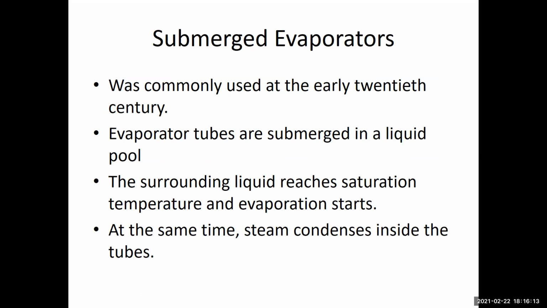When people started the desalination business, they were using submerged evaporators, and then because of the scaling problems, they stopped using it. Normally there's no spraying. You have the seawater in a pool, and you bring hot tubes of hot steam, and you put these tubes inside the pool. You immerse it in the seawater, so it's covered totally by the seawater, which means that you have to bring the whole body of the seawater to the saturation temperature,